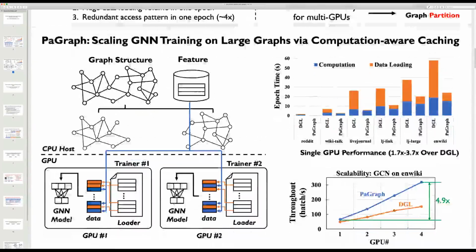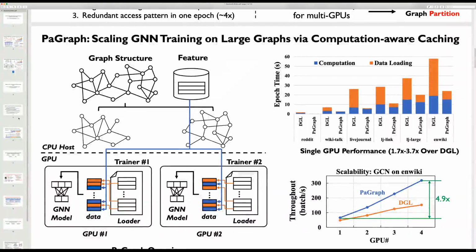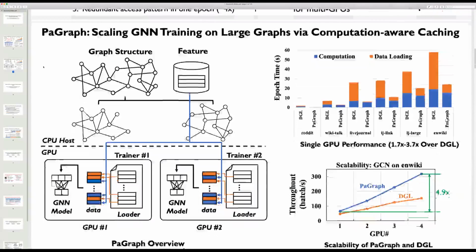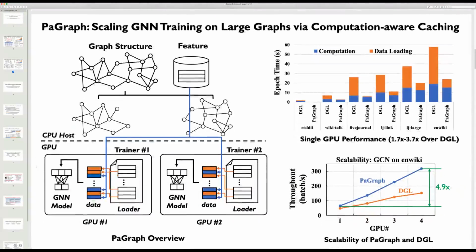This comes to our design of ParGraph. The left side figure shows the system overview of ParGraph. There is a graph store server serving the whole graph dataset and multiple trainers working on different GPUs to train the GNN model. We developed a GNN-aware graph partition algorithm, and in this way, the graph will be first partitioned into